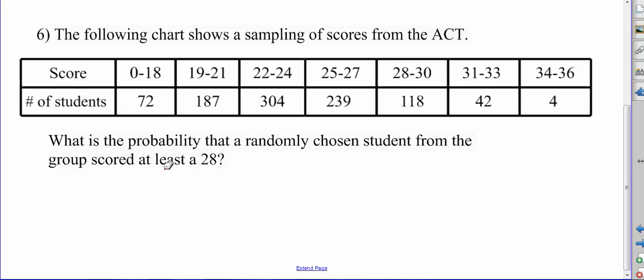All right, so here we go. Some ACT scores. What's the probability that a randomly chosen student from the group scored at least 28? So what I've done here is I have totaled the number of students that scored anywhere from the 3 groups of 28 through 36. These 3 numbers here gives us 164 students that scored at least 28. And then the total number of students would be our sample space. If you add all those numbers together, you get 966, which gives us a decimal approximation of about